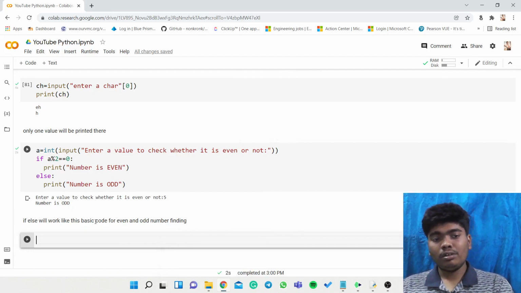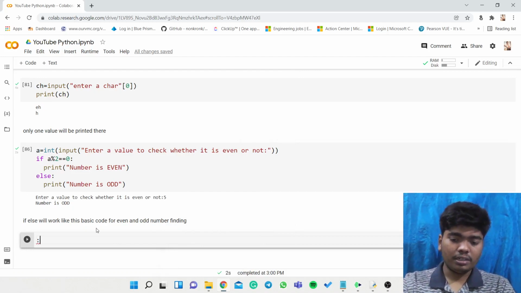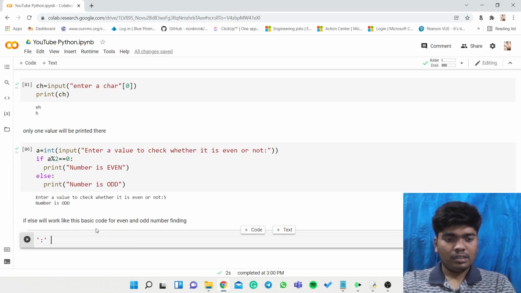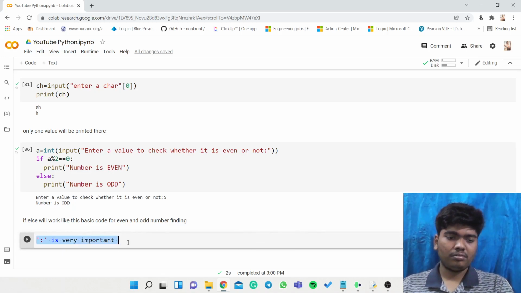If else, so basically this colon is very important. Sorry.